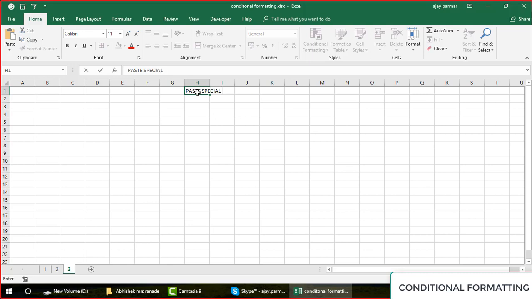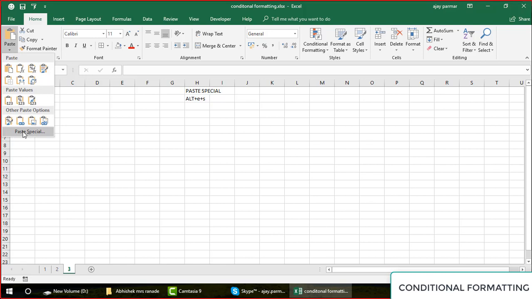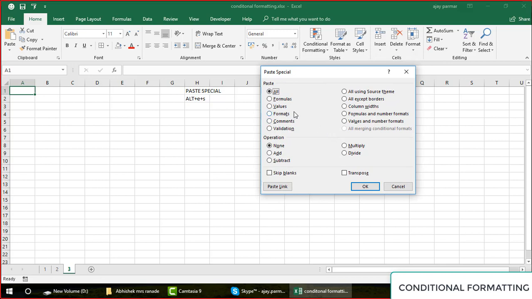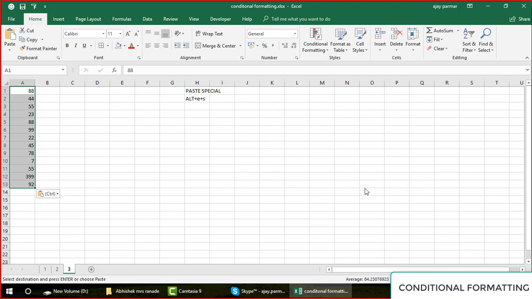We will talk about this. Paste special, Alt ES is the shortcut key. Or you can go to the home tab, click here on paste, and here you have paste special. This window would pop up. This window has a lot of options. Right now I'm interested only in the values. So when you click on values, only the values will be pasted. So anytime, guys, if you're copying something that has some formulas or some colors, and you do not want that, you just want the value to be pasted, use Alt ES.